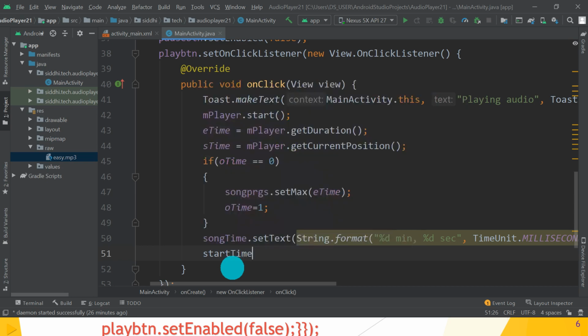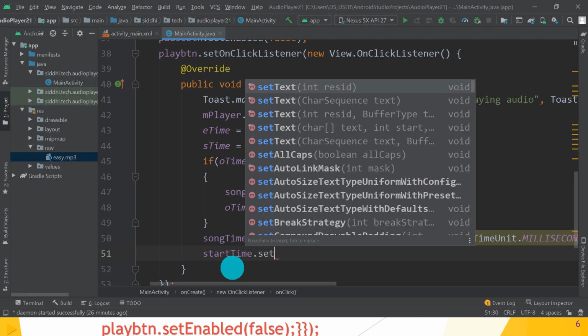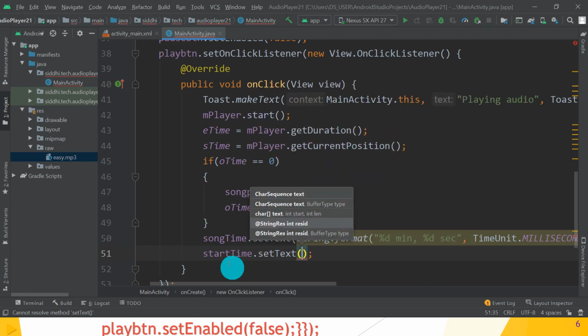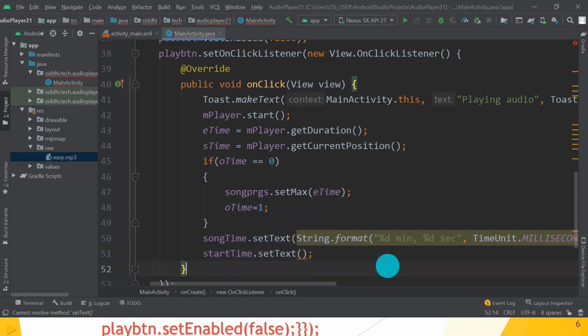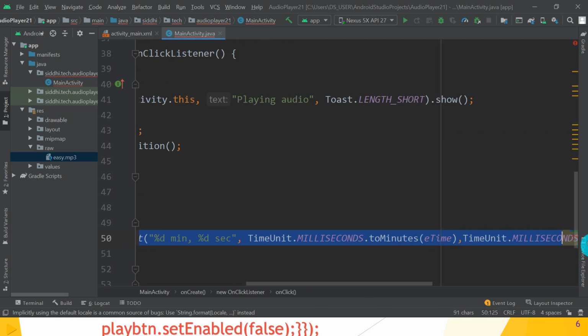Now remaining start time. So start time dot set text. So again we have to write same things, that is string format. So this is similar, we have to copy, and what changes we have to do, we have to do those changes only. So copy all these things as it is.